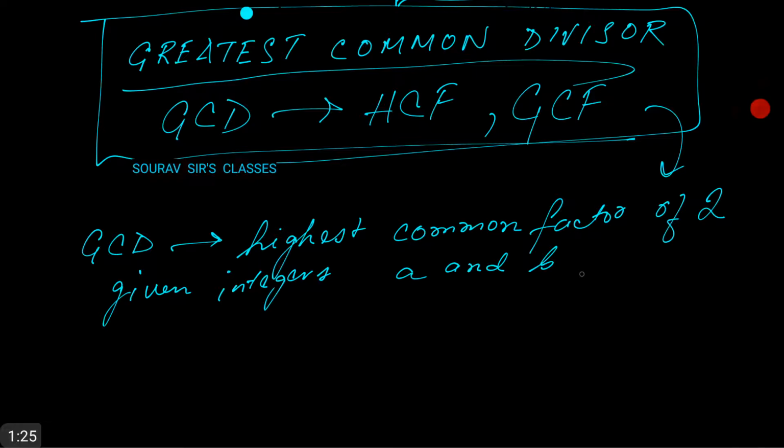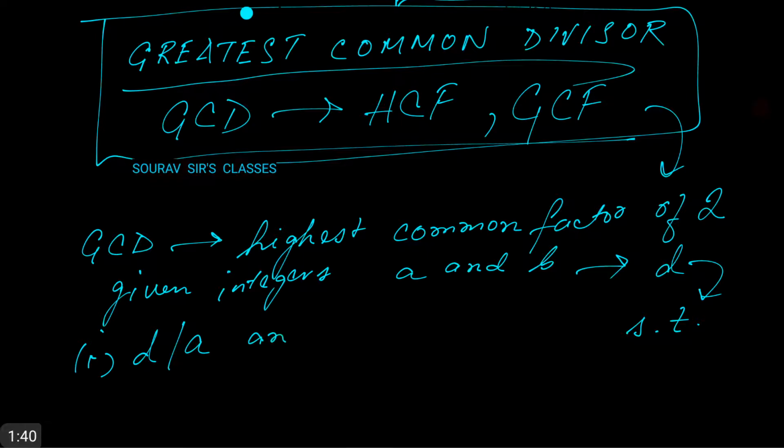Let this be a positive number d, such that d satisfies two conditions. Number 1: d divides a and d divides b, and number 2: